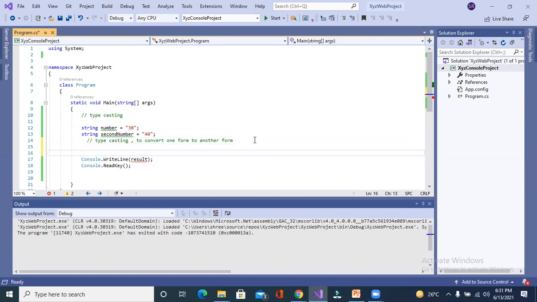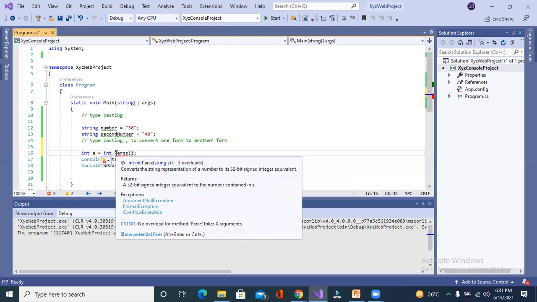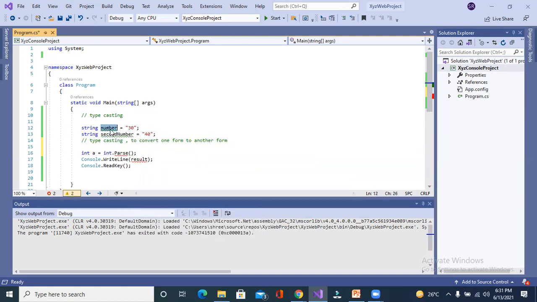Just as an example, I created one integer variable a, and what I will do is int.Parse. Int.Parse is a method. If you open this bracket, you will see it takes a string. If you use int.Parse, it will take a string, and it will return an integer.